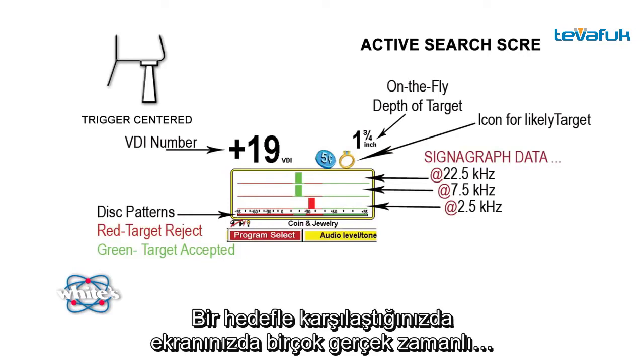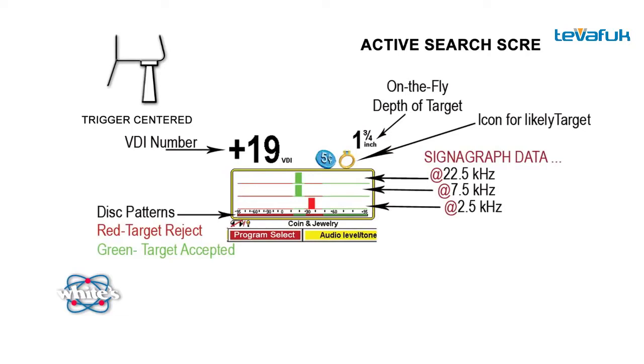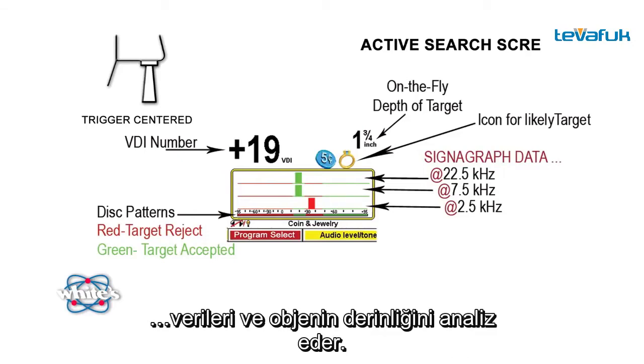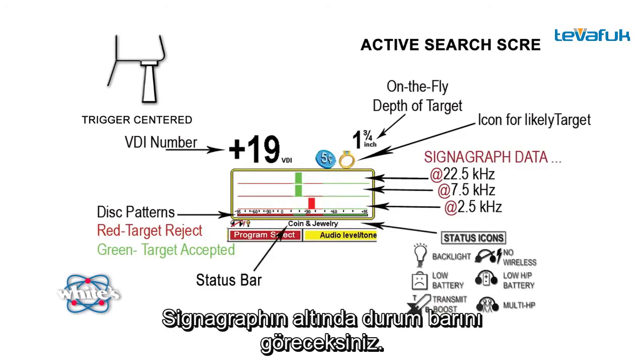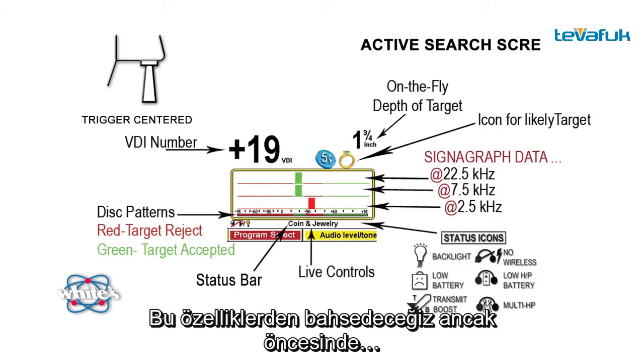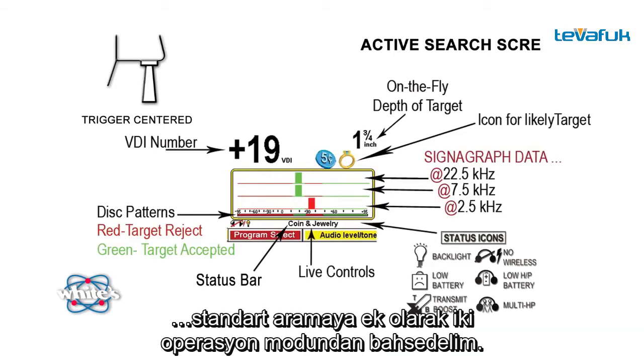As you encounter targets, you have several real-time indications on your screen providing information. The VDI number, analysis data from the 3 independent frequencies, and the depth of the object. Below the signograph, you'll find a status bar, and at the bottom of the display are the live controls. We're going to talk about those features in a moment, but first, let's take a quick look at 2 modes